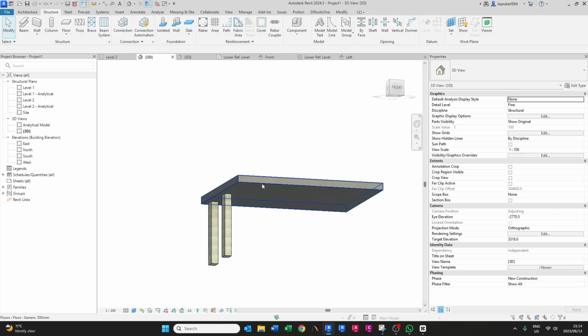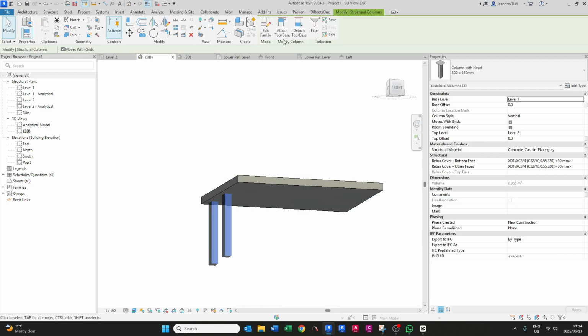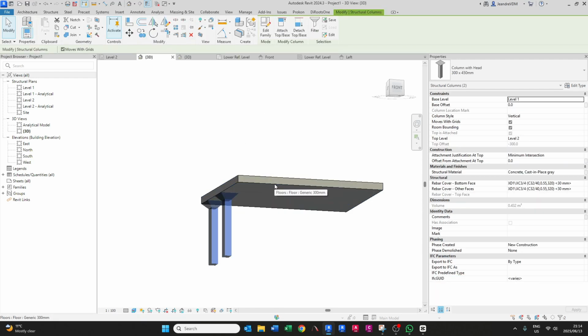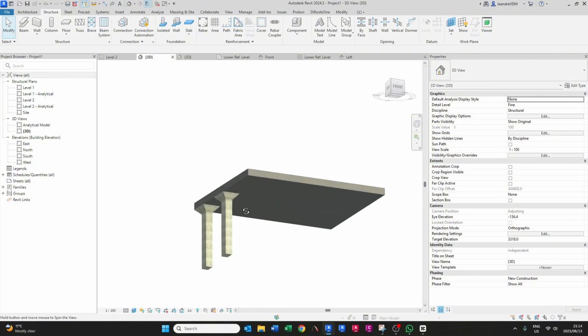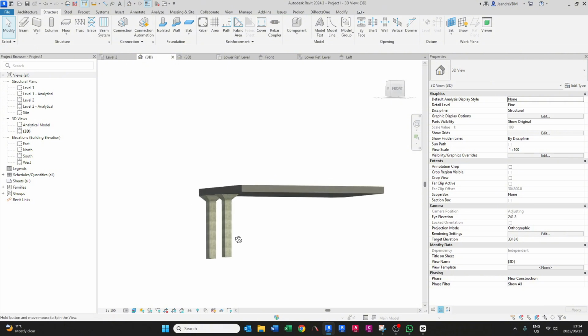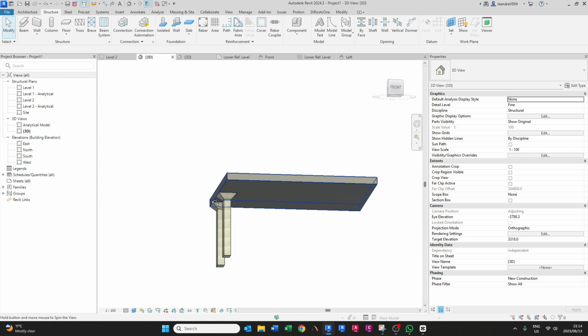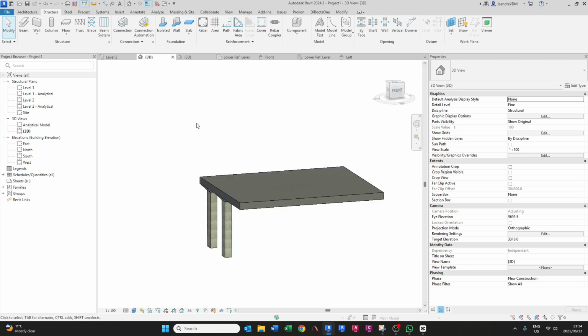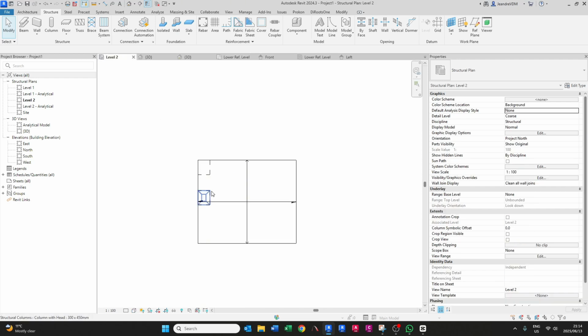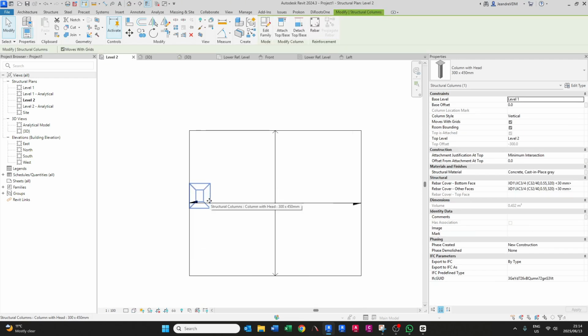And you click on the slab. Oh, sorry, I must click the slab. Just do it again. Click on the slab and there you go. Now your columns work perfectly as per our settings that we've set up. So let's just go to our level 2 again. You can go and copy this over